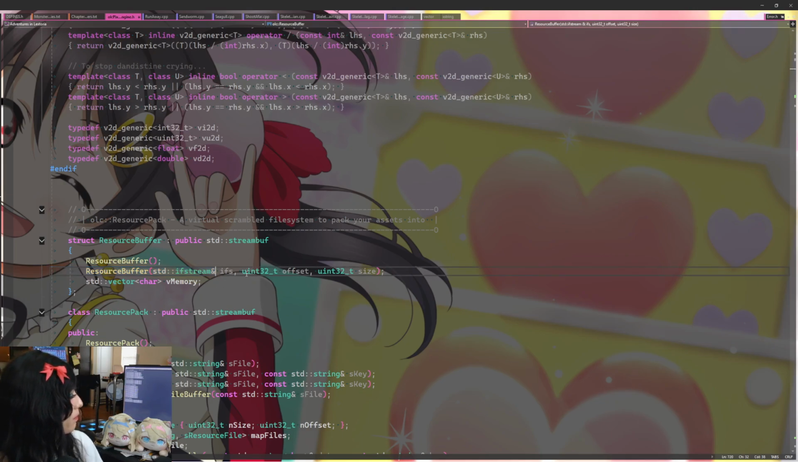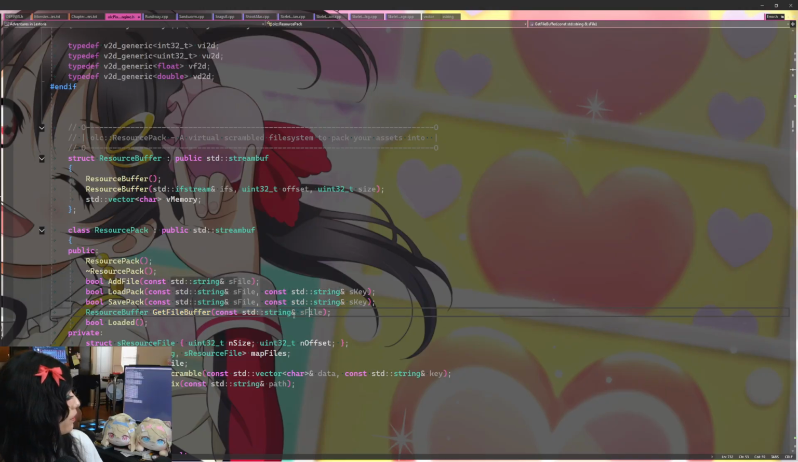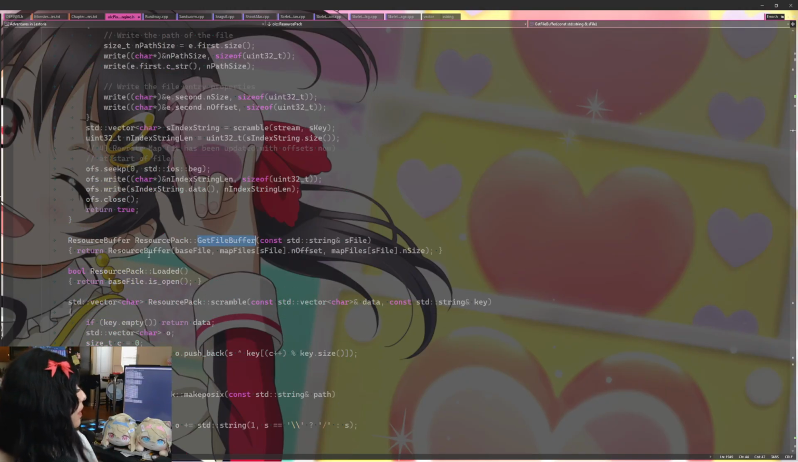Oh, we're going to need to make this non-const in order to make the file buffer accessible. So we're going to call get file buffer, and then from that, I think we initialize the resource. Hold on. Something's not right here. Because if resource buffer provides an input file stream. Get file buffer from file. What does this function actually do? So it returns a resource buffer with base file as the input file stream